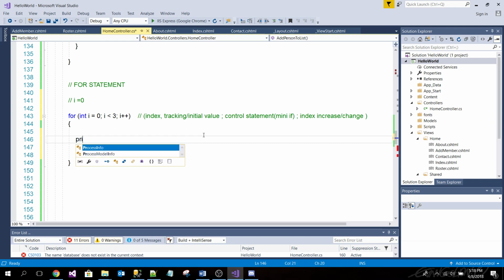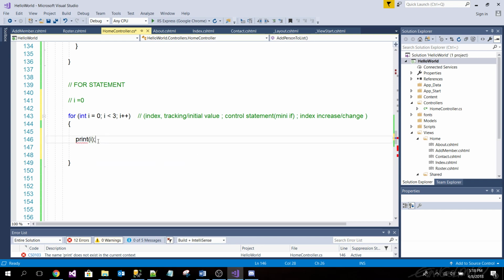Let's say I have a function called print, and I'm going to print i. All it does is just print i. Are you guys good when I say I have a function that doesn't exist?